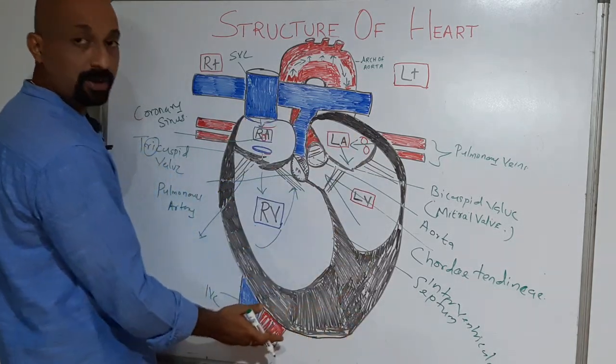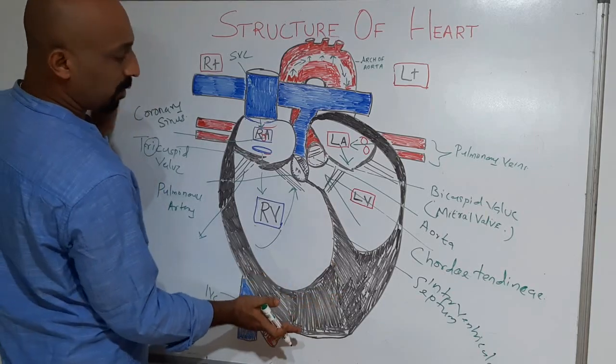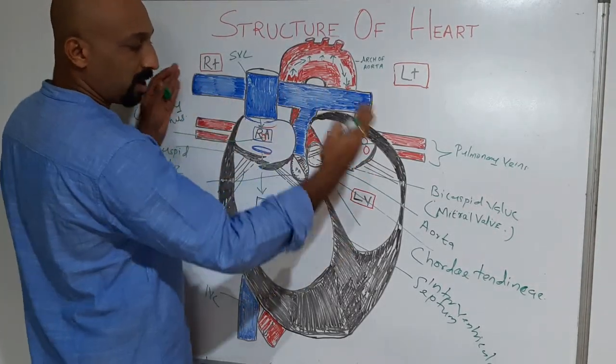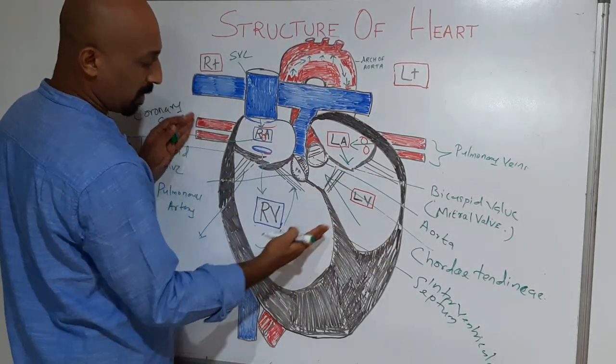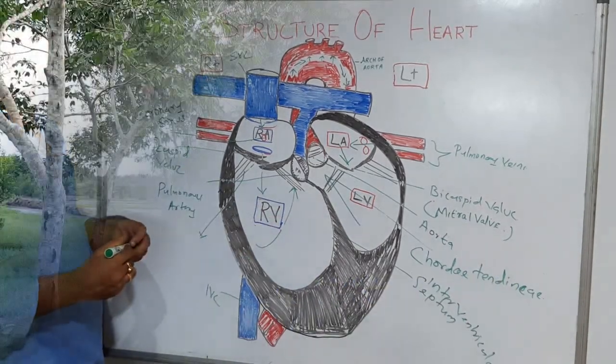I hope you understood the structure of the heart. This gives direct information so that you can draw the picture quickly. By drawing, you can learn the anatomical structures and the main areas of the heart. Some words you need to learn by heart in cardiology are chordae tendineae, arch of aorta, coronary sinus, bicuspid valve and tricuspid valve. I hope you will do it.